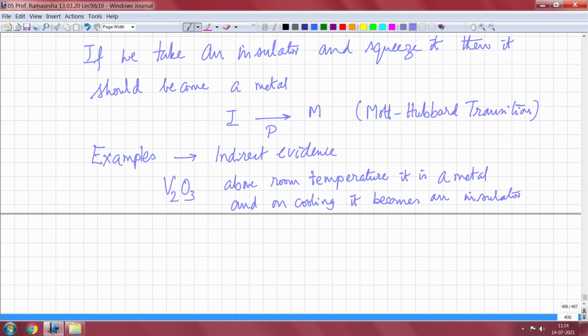So, this is the fact under ambient pressure. This temperature, let me call the metal insulator transition temperature TMI, at 0 pressure. Now, if we apply pressure,